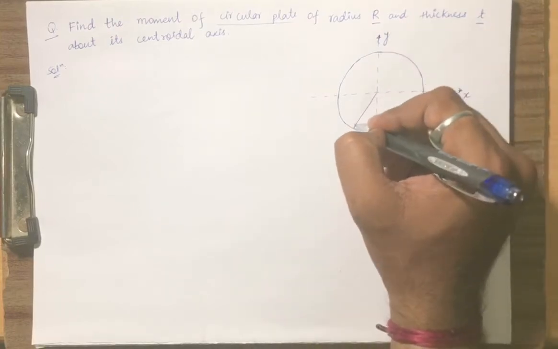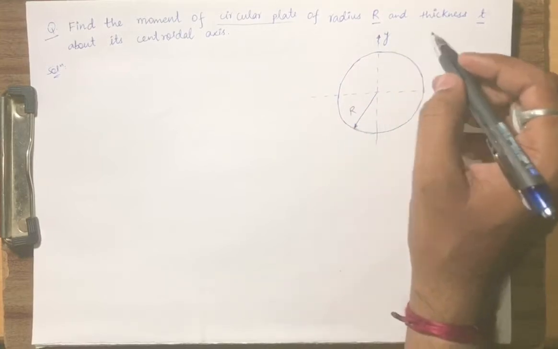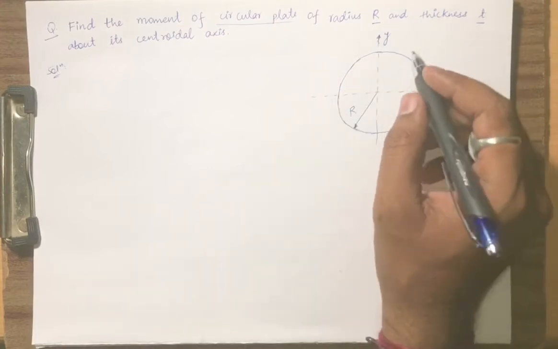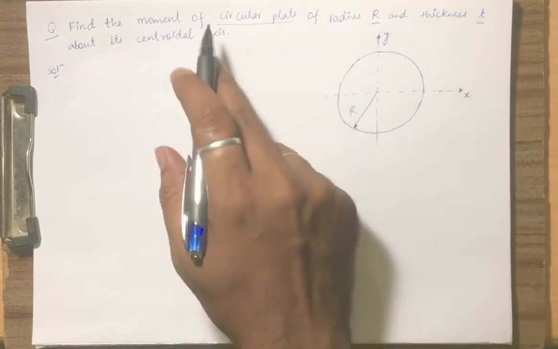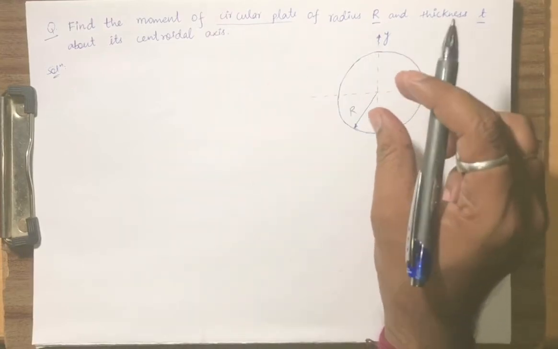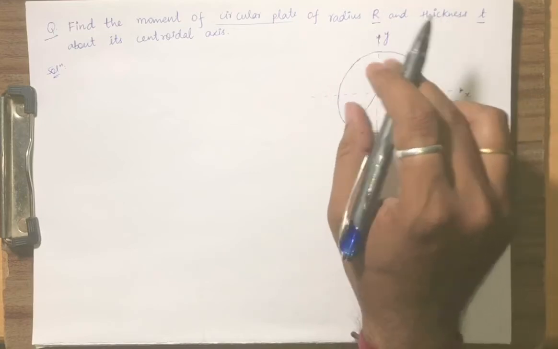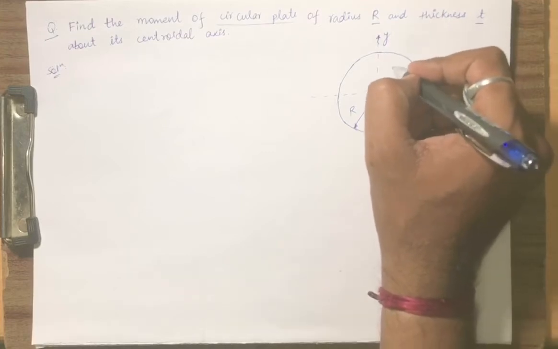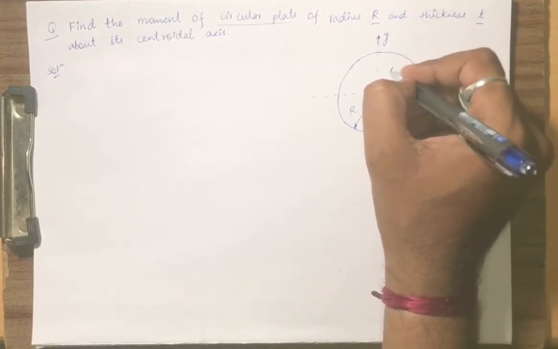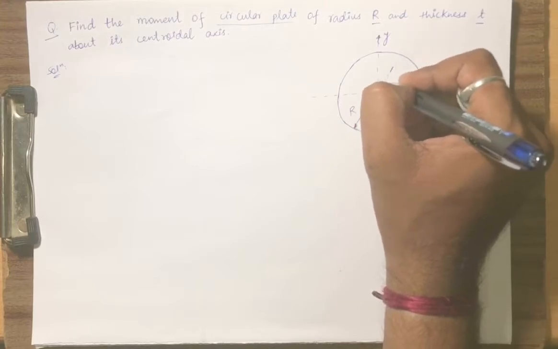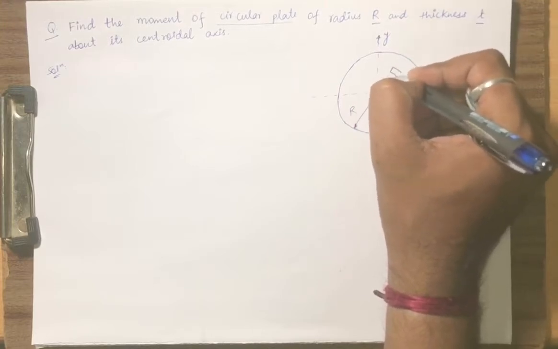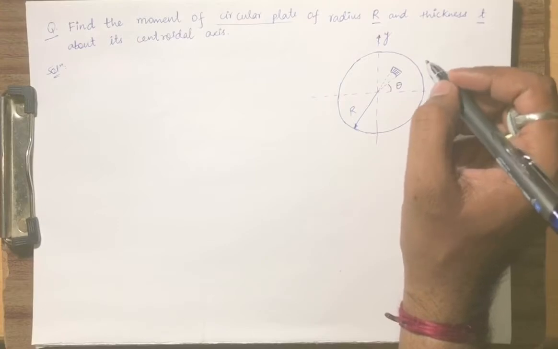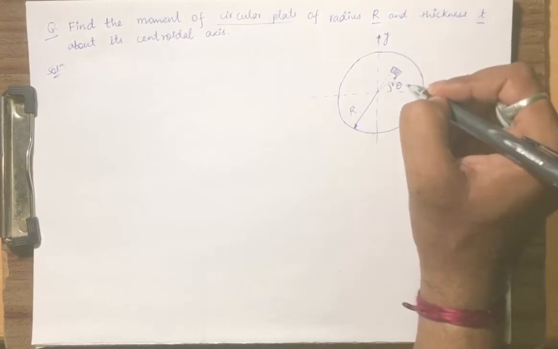So similarly again, radius is r and thickness is t, which is in the plane of the paper, so we cannot show it. So for this, what we have to do is take an elemental area, not an elemental length. Why? Because we have to cover the full area. So similarly, we can just take a small area at an angle of theta at a distance r.